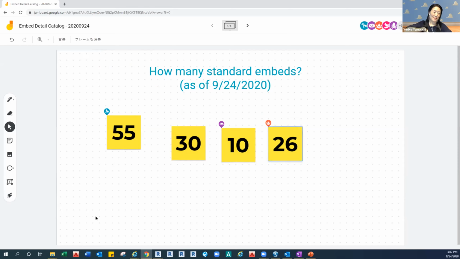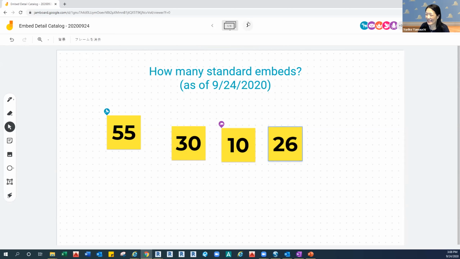That's it. Still, I don't have any correct answers. All right, the correct one is actually we have 74. So 2 Hilti embed, 47 tube embed, and 25 embed over rail. So we have 74 total as of today, and this number keeps growing.